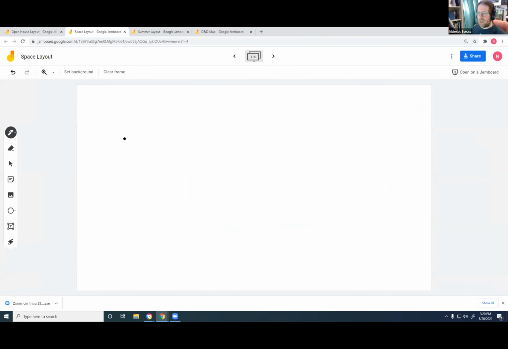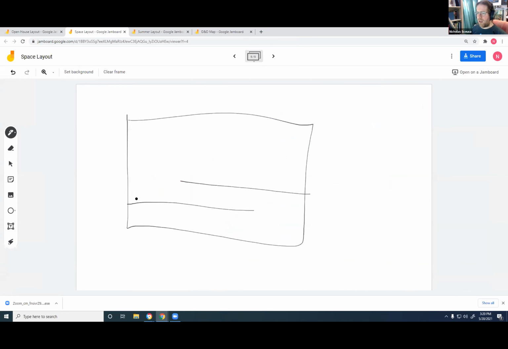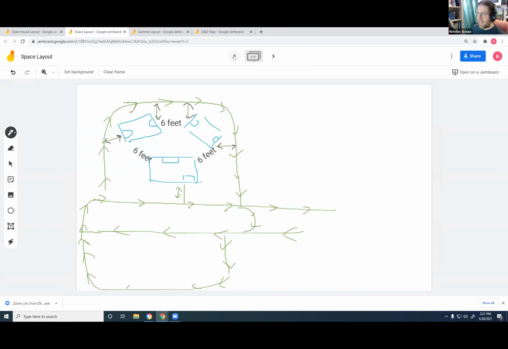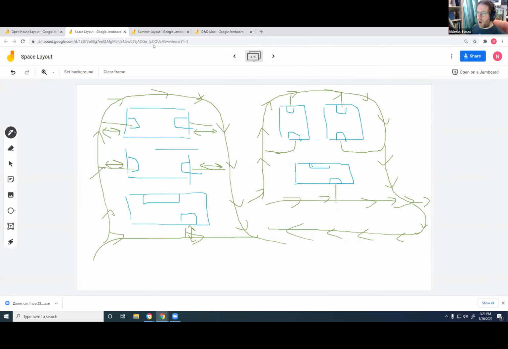If we're ever in a Jamboard, we'll quickly lay out the space. We'll put out where the entrances are. Okay, do we want people to come in this way, come around and go out? And then what's the general movement or situation we want to create with that scenario? Having everyone be able to collaborate and share their ideas, not just verbally, but also literally showing us what they mean, is very important. There are several iterations of this. Again, I'm not going to bore you going through all of it because logistics is boring.